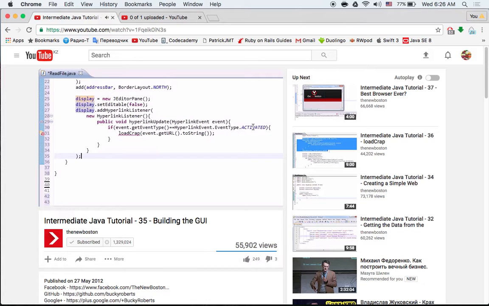Whenever you click one of those links, which is called activated, that's the event name, it's going to grab the URL from that link, convert it to a string, and pass it into this load page method, and that's the last method that we're going to program in the next video. So once it gets passed into load page, then it's going to go to the new URL, whatever you clicked on, and display that web page on the screen. So in the next tutorial, what we need to do